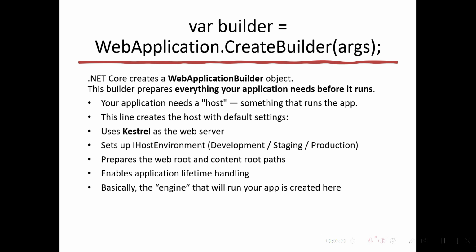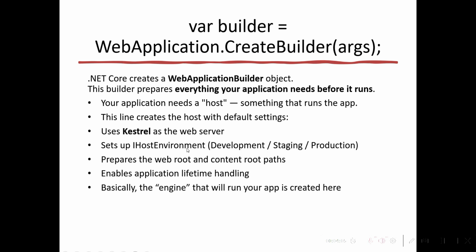It doesn't need the IIS server anymore. It can be deployed on an IIS server as well as a Linux server. So the application needs to create the host itself, and this is what the code is doing. This line creates, by default, settings to use Kestrel as a web server,